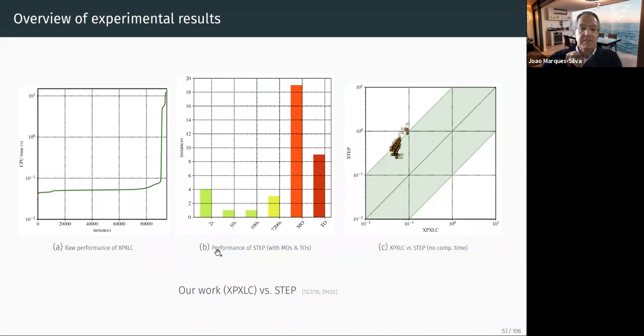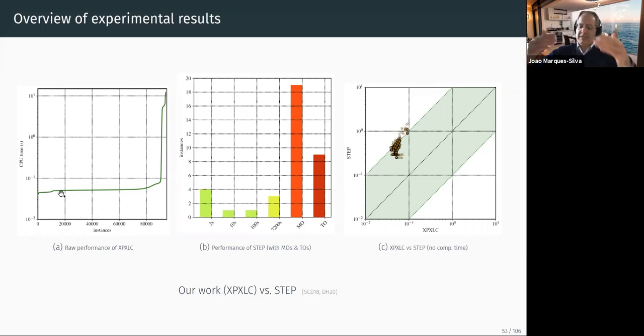So is this important? And the answer is yes. So I'll try to explain with some experimental results. So this is the tool we implemented, XLC, the name, explanations for XLC. And this is the performance. So here what we did is we considered 80,000 instances for the data sets, large number, all the data sets we could get our hands on. We modeled them with naive Bayes classifiers, and then we compute for each one 1 million explanations. And this is the time we need to compute 1 million explanations.